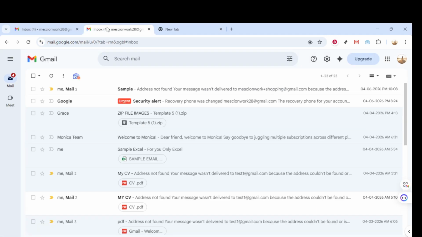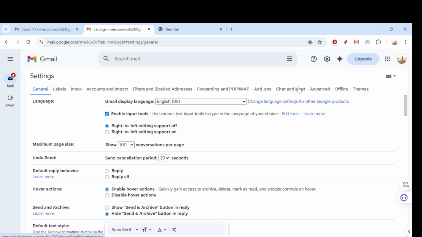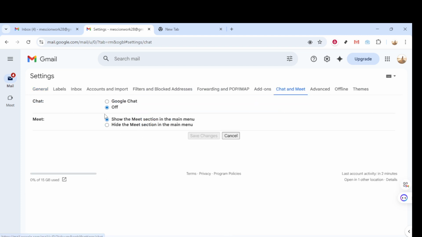First, let's clear the sidebars that compete for your attention. Click the gear icon to open Settings, then choose See All Settings and go to the Chat and Meet section. Set Chat to Off and Meet to Hide. This removes entire panels you don't need when you're just processing email, and you can always bring them back later